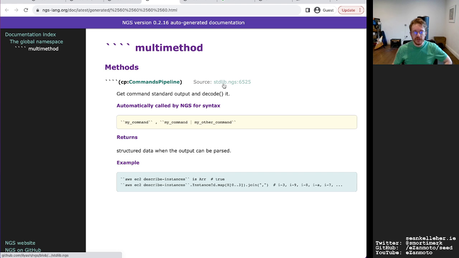That's something that we've got, standard library.ngs. Okay, and so the standard library looks pretty big, 6,500 lines, but it does look like it's implemented in the language itself. So that's really nice.